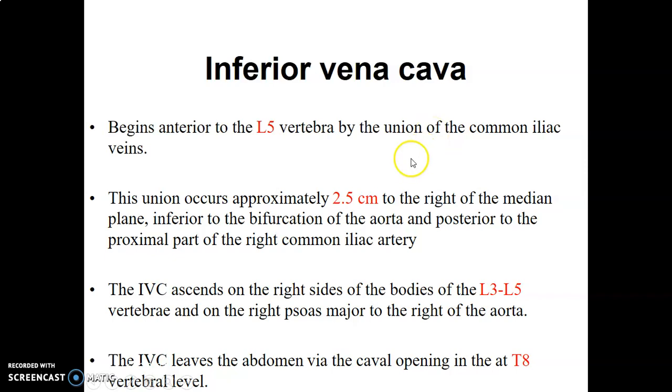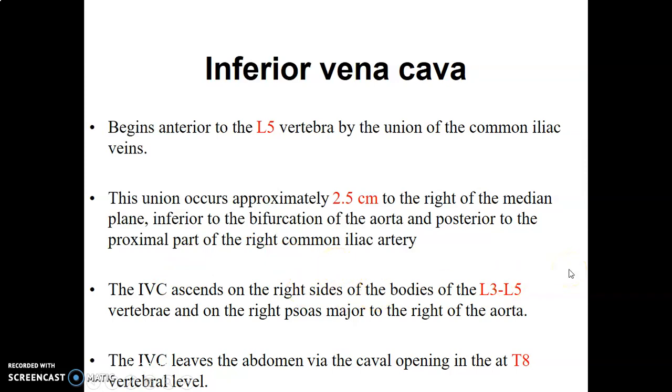And it's usually inferior to the bifurcation of the aorta and posterior to the proximal part of the right common iliac artery. So you need to get the atlas and be able to check this. It usually ascends on the right side of the L3 to L5 vertebra and on the right psoas major. Inferior vena cava is to the right of the aorta, and it leaves the abdomen via the caval hiatus or